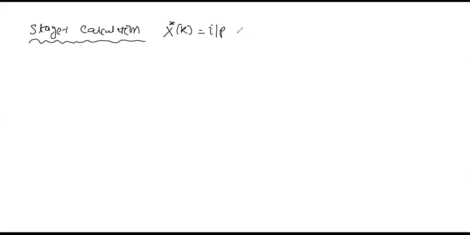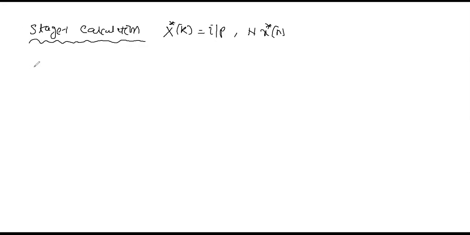So what is the stage 1 calculation? Same process. Stage 1 calculation. Okay, in the stage 1 calculation, the input is in the same order. Yes or not? So what is the input here? Already I said the input is x conjugate k, and what is the output? Output is n x conjugate n. Okay, so this you should not forget. That is very very important. Clear? Now input is in same order.